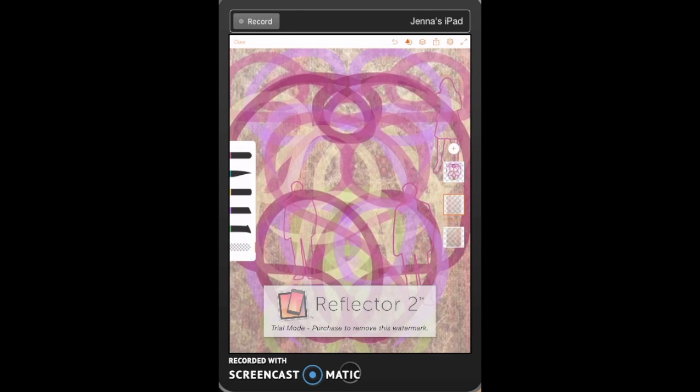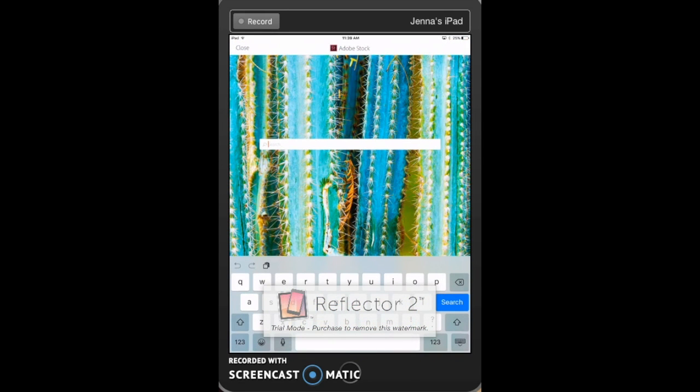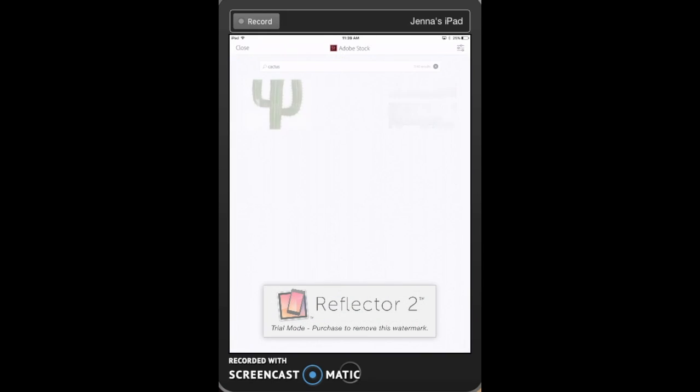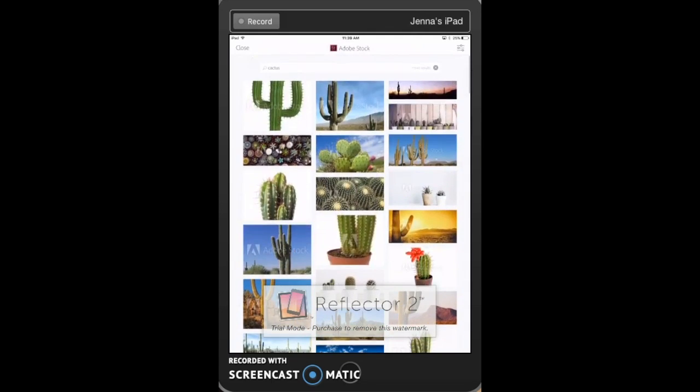So here's my image so far. Now, my idea is that students can come in if they see something of inspiration. Well, this is a beautiful image of a cactus here. If I just look at cactus, something of inspiration that contributes to their meaning. They can take a photo or use this photo that they've found. And